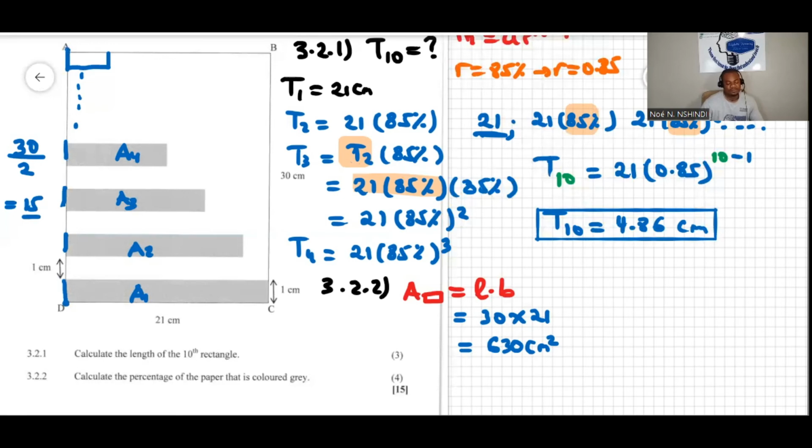Now, what should be next? If I need to find the sum of the area of all these rectangles, I can use, because in the previous question we did say that it was a geometric pattern, the sum of the 15 rectangles here. It's the sum of the area of the 15 rectangles here. So this will be